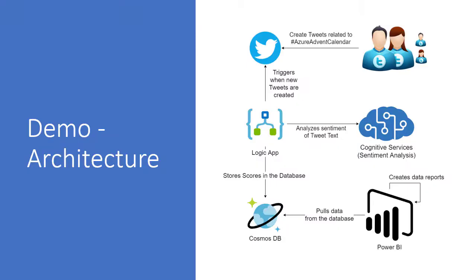So as I mentioned, I prepared the demo app just to show in practice one possible scenario in which you can use the cognitive service. In this case, I created a logic app with a trigger for Twitter that searches for tweets with the hashtag Azure Advent Calendar, indexes all these tweets and processes them. During the processing of each tweet, it calls the cognitive service, the sentiment analysis, to analyze the sentiments of the tweet text, and then it stores the scores provided by the cognitive service in a Cosmos